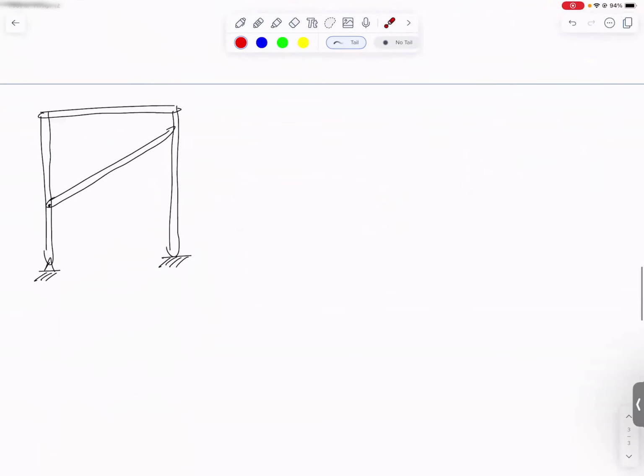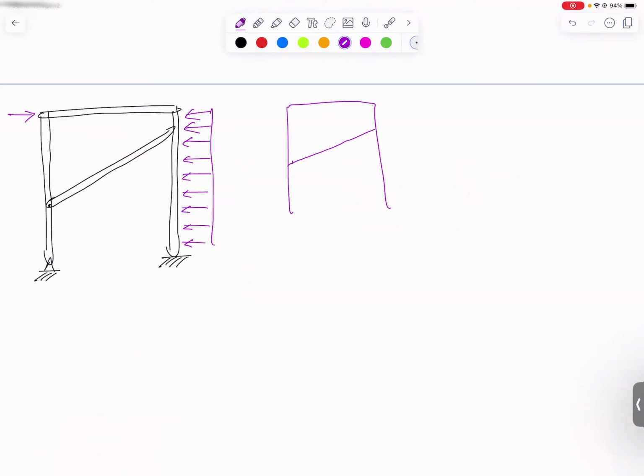All right, let's talk for just a bit about this frame that I made up. Again, for a frame, I would probably start with a whole free body diagram. It's not always helpful, but sometimes it is. I guess I should put some loads on here. Pretend there's a force right there, and maybe a distributed load on this side. On my whole free body diagram, I need that force, and I would need my distributed load, which I like to replace with a point load by finding the area under the curve. That point load would act right at the centroid of that rectangle, and it would replace the distributed load. Then at the left, let's call that point A,